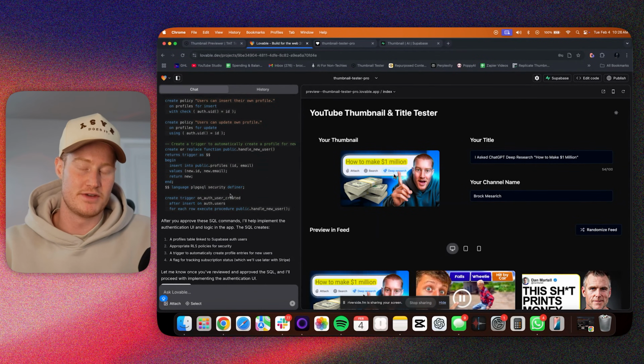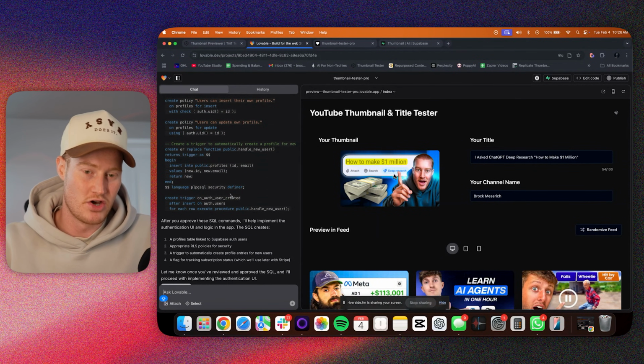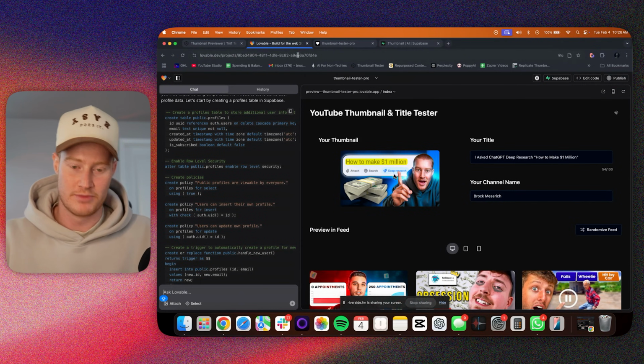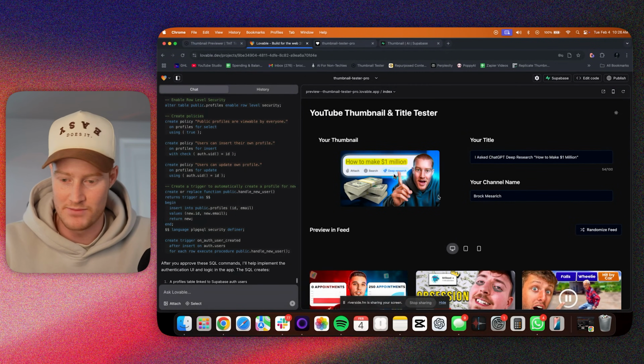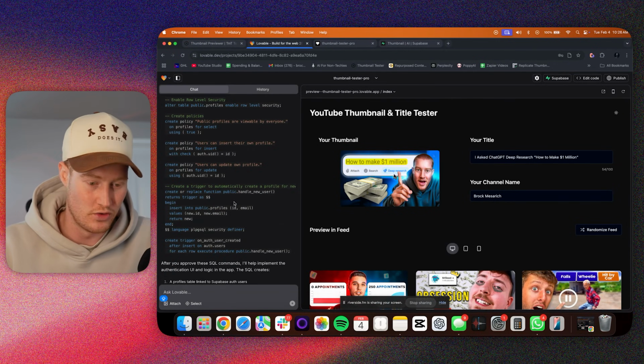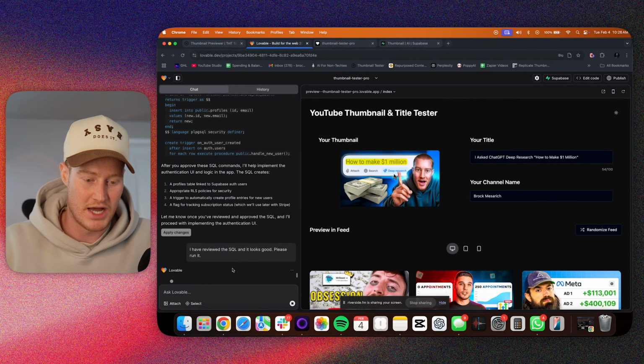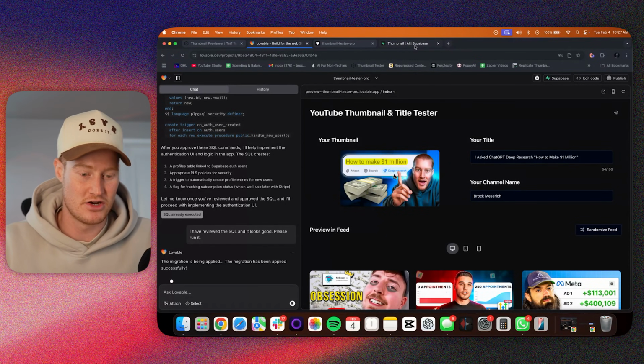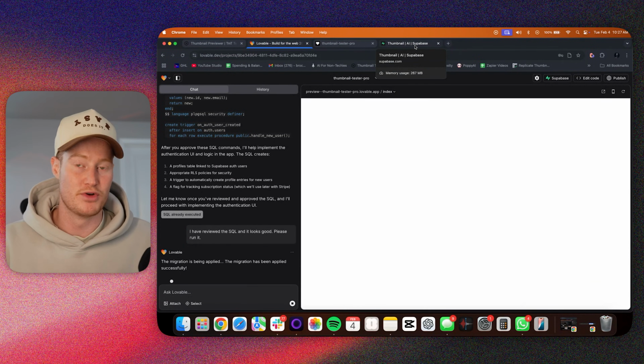If you guys haven't seen my previous videos about Lovable, it's literally writing the code in order to build a database for us, which I would have no clue at all how to do myself. So the fact that it's able to do that and build an amazing looking app like this is really cool. So let's go ahead, and all we need to do is click apply these changes, and then it will begin setting up everything on the back end here